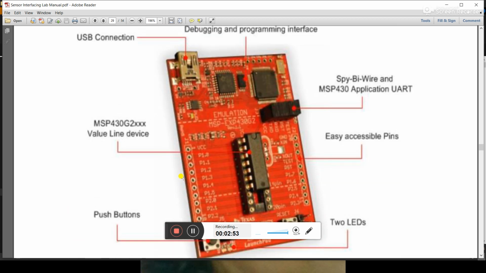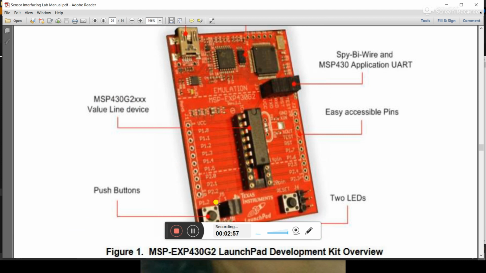That is a picture which you can see here, that there are different types of pins available on the MSP430G2553. This is the microcontroller of MSP430G2, and this section is the bootloader. These are the jumpers that you may need to maintain for uploading the code.